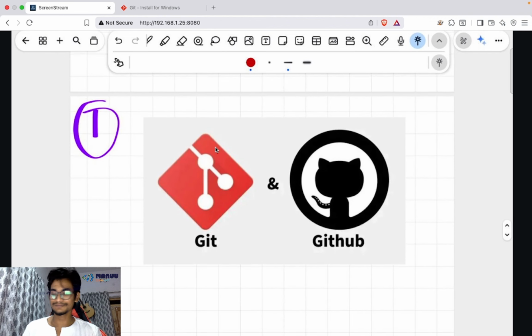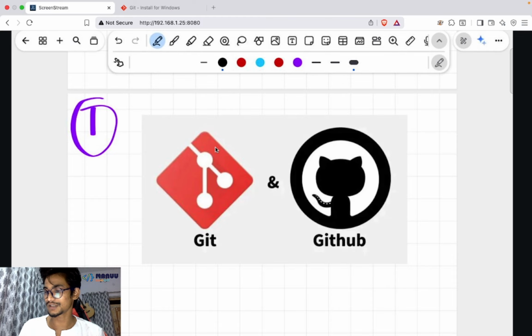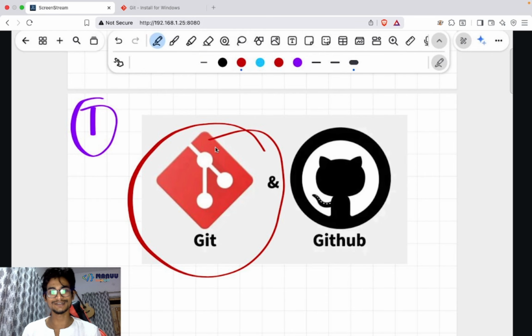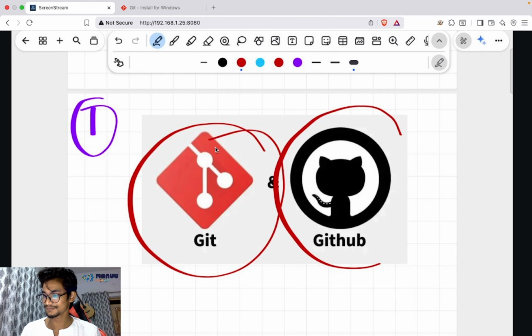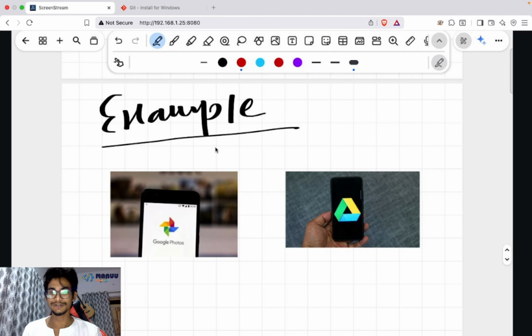So the topic is Git and GitHub, right? You may have questions like why we need GitHub. First thing is, what is Git and what is GitHub? Let me take an example. Let's suppose you want to store your old photos, a lot of photos. So what do you do? Obviously, you use Google Photos.